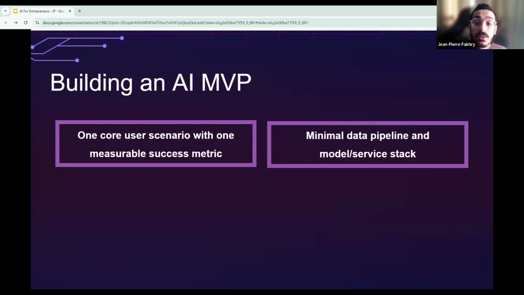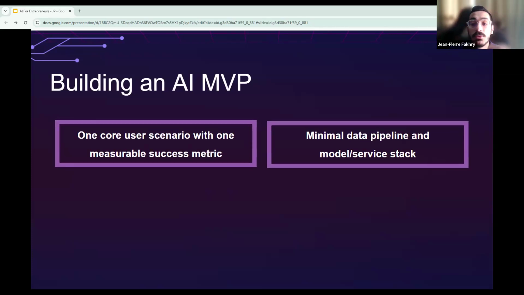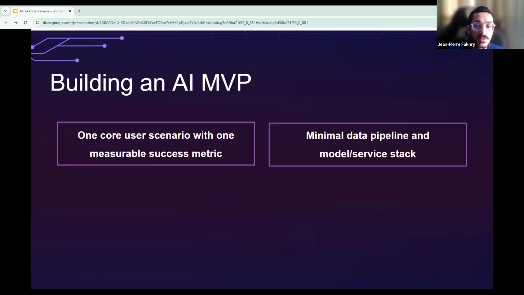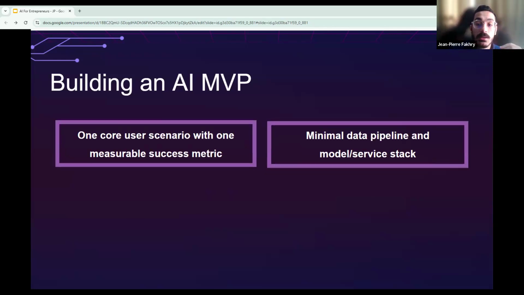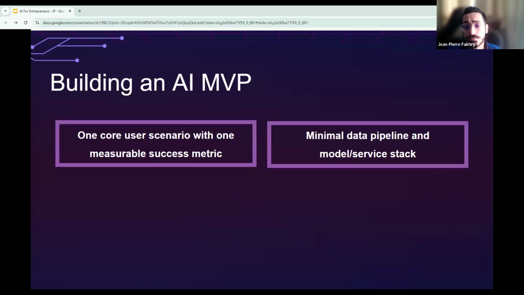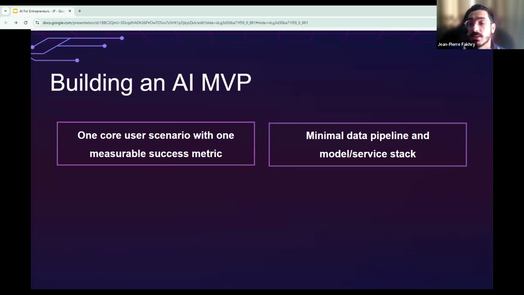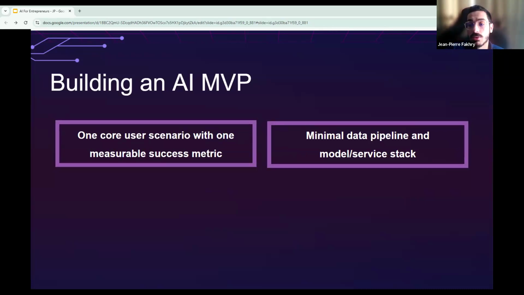Now, the second critical design element for an AI MVP is fallback behavior. So basically, what happens when the model is uncertain, is wrong, or outside its competency? If you do not design for this, your product will fail exactly the moment that matters the most. And this is also a very important point. So really, you have to show the confidence level, ask a clarifying question, escalate to a human, and basically handle these situations.